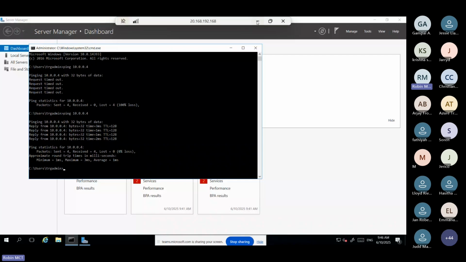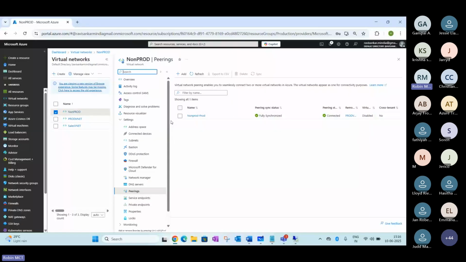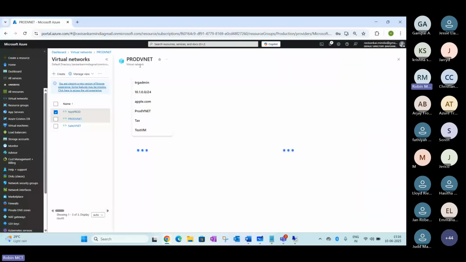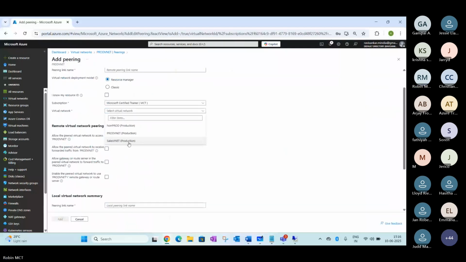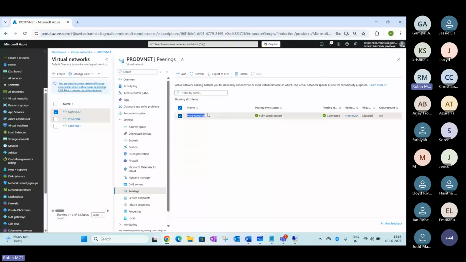And right now, the same exercise you can do for connecting to the other data center also. In case you want to enable a peering between prod and sales VNet, you can do the same option. Here you need to select the other VNet which is placed in the other data center. And you may notice here, right now only one peering has been created. Now, thinking from a network architect point of view, up to 500 VNet peerings you can enable in the same subscription. Right now I have enabled only one.